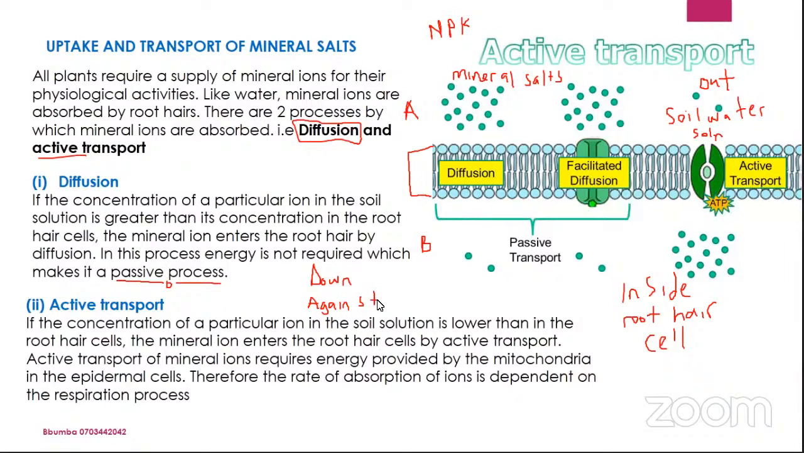Now, if it is against, it means that molecules are being moved from where they are at a low concentration to where they are at a high concentration. But when you use the words down the concentration gradient, it means molecules are moving from where they are at a high concentration to where they are at a low concentration. Now remember, with facilitated diffusion, there are some channel proteins through which these ions can pass